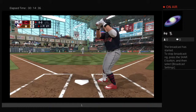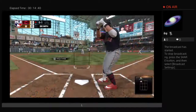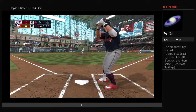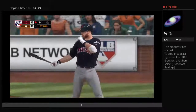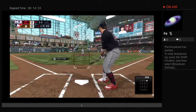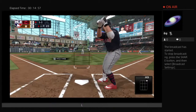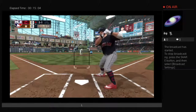First pitch on its way. And that's in there for strike one. He might want that pitch back. Up and away, that's a pitch you can really drive if you have the right approach towards that opposite field gap. And there's ball one. Third inning, no score to this point. And he takes